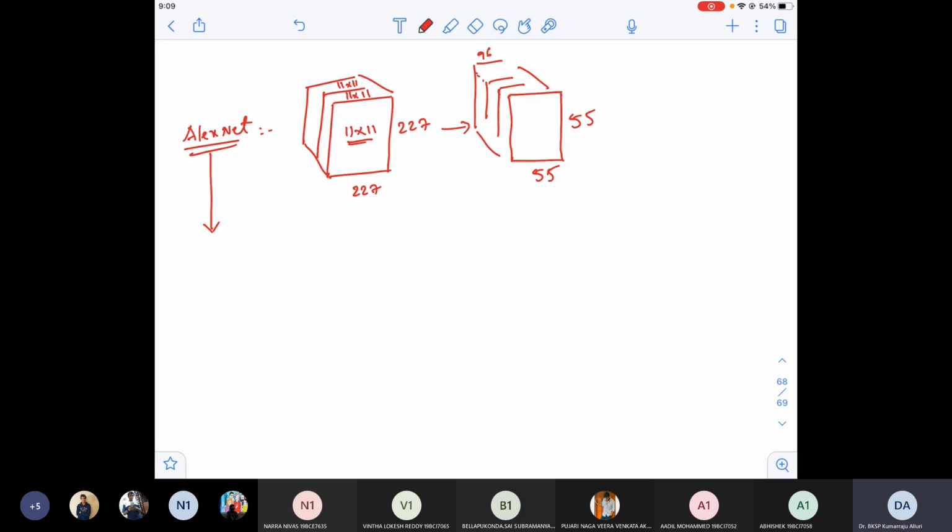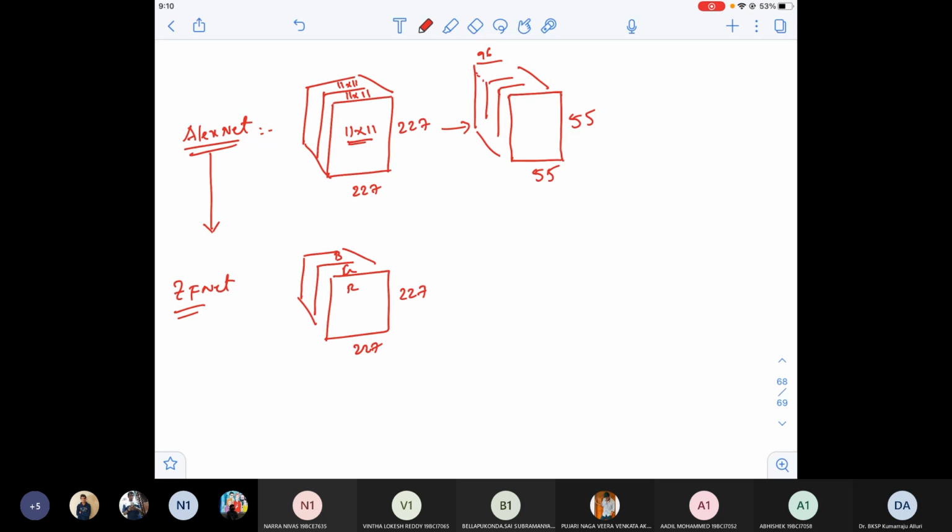In ZFNet also, you'll have input size 227 cross 227. Actually, to be frank, these architectures are repetitive, and once you know how to calculate width and height, then it's actually a little boring also, because the same operations with different configuration. There's no high logic involved in this, just different configurations, that's all. Now this is ZFNet, 227 cross 227 image. This is R channel, this is G channel and B channel.